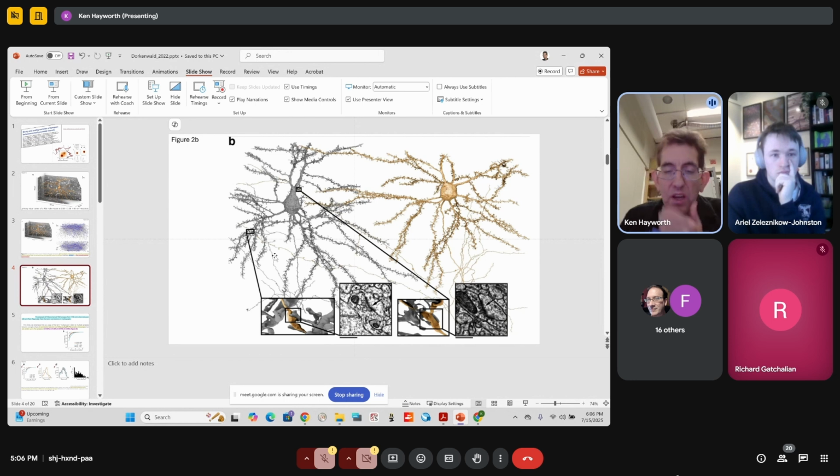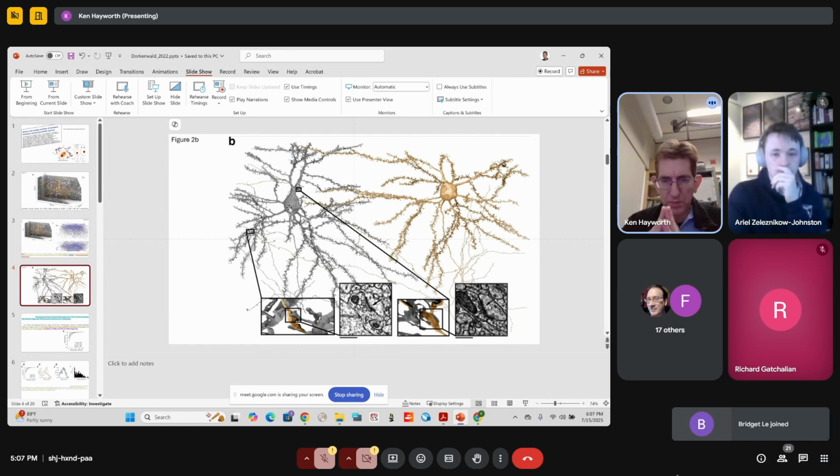It's synapsed at this location here. I hope everybody can see my mouse. And at this location way over here, on two different dendritic branches. But the key point is that both of these synaptic connections have the same presynaptic cell and the same postsynaptic cell. And that is crucially important to this paper